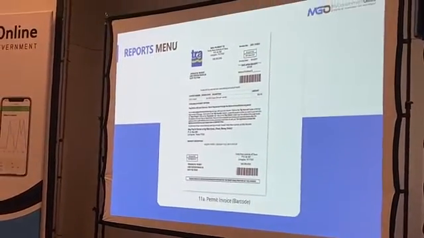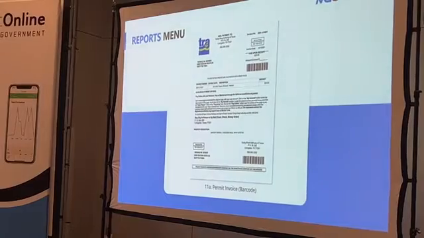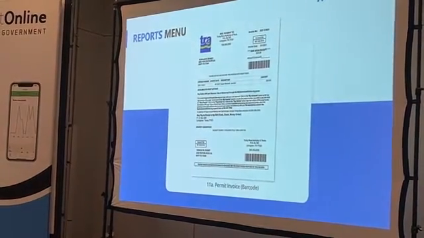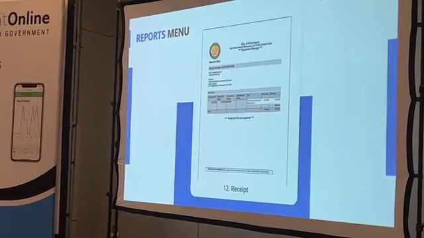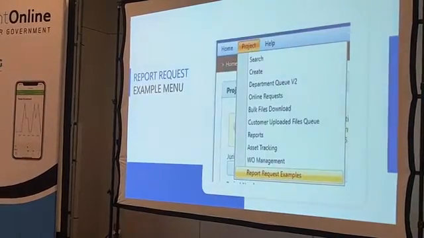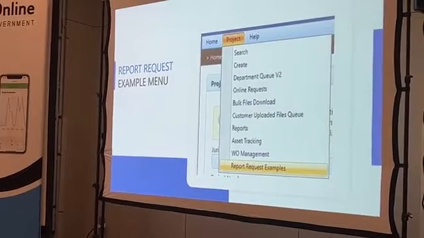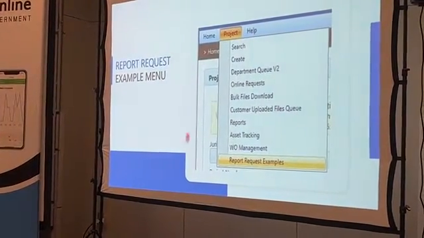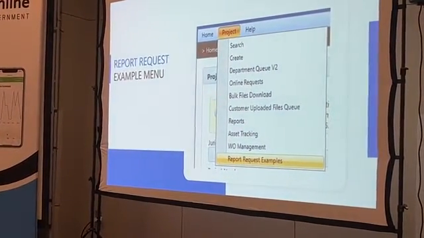You want a permit invoice, give me an 11A, just like that. I want to have a barcode on it. You can reference it just like that. And this whole reports menu is accessible now in your account, on the project tab. You have the report request example, so that whole list